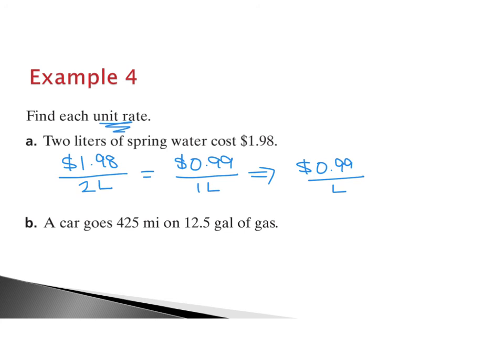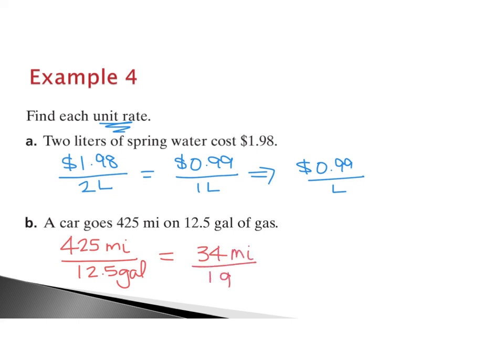For part B, it says a car goes 425 miles on 12.5 gallons of gas. So typically when we're looking at fuel economy for a vehicle, we want to know how many miles per gallon. So my rate then will be 425 miles for every 12.5 gallons. So I'm going to go ahead and divide that to get my unit rate. And when I divide 425 by 12.5, I end up with 34 miles